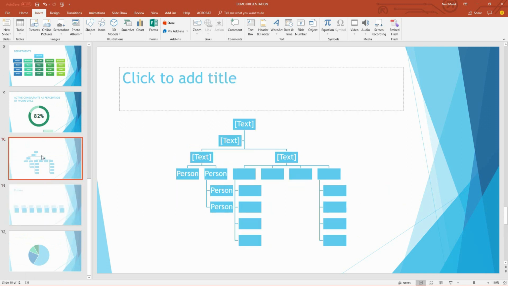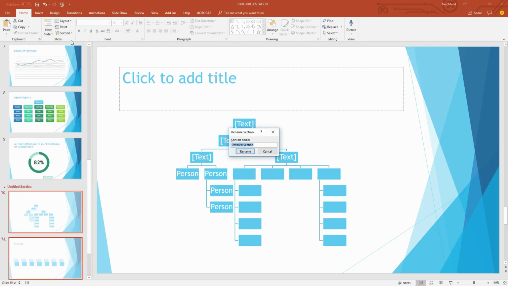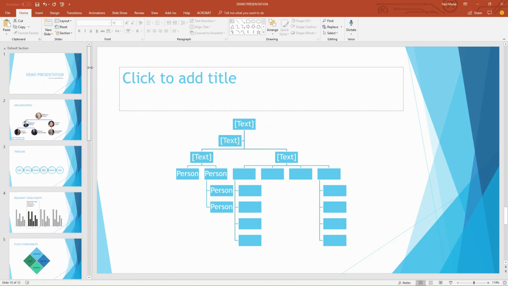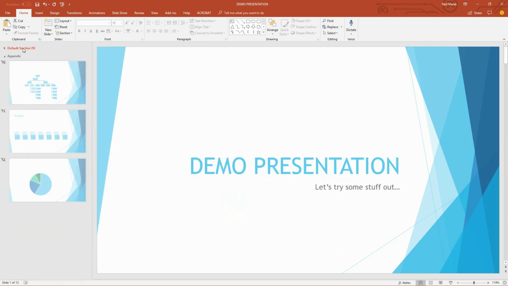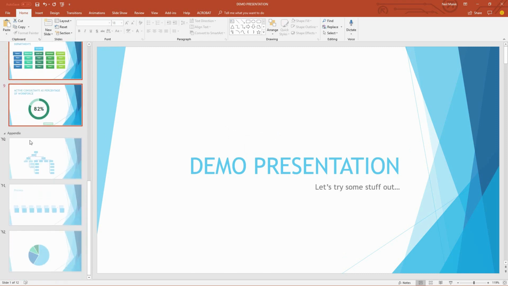And what I'll do is I'll click on this slide right here. That is our first hidden slide of the 3 hidden slides we decided to make. Go up here to the Home tab and decide to add a section. So I'll add a section right there. I'll call this the appendix. And you'll notice that we also have this other section up here, the default section. We'll go ahead and rename that to something like presentation. So we have the section of the presentation called the presentation, and we have the section called the appendix here